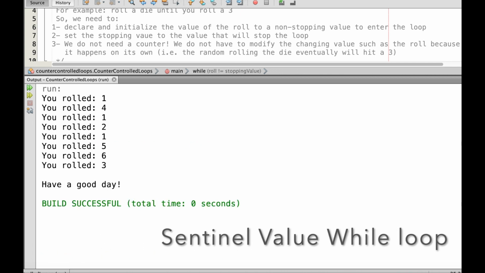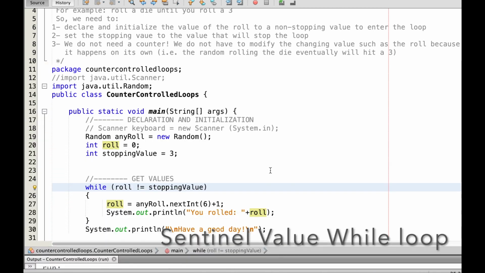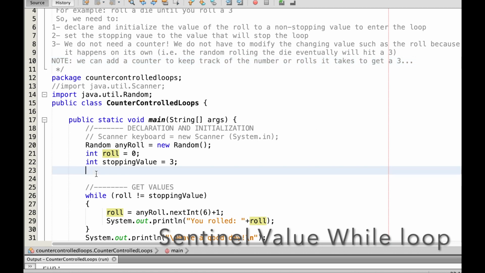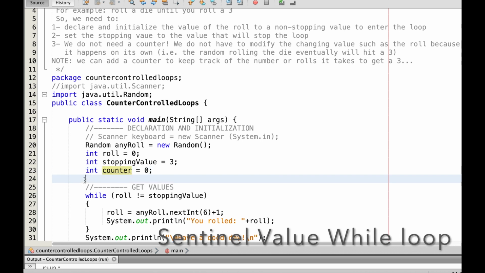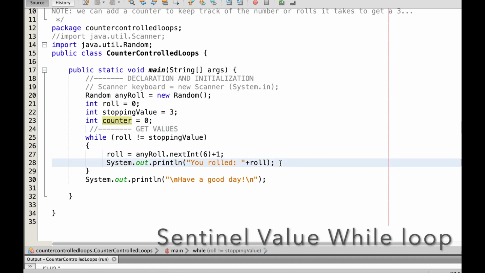So we're going to see that what we can do also is we can add a counter to tell the person it took you 5 times to get a 3, it took you 20 times to get a 3, something like that. So why do we want to do that? Perhaps not to tell the person, ha ha ha, you roll only once, but we can do that to use that value, how many times the person won, then you can use that to calculate the chips that you need to pay the person because